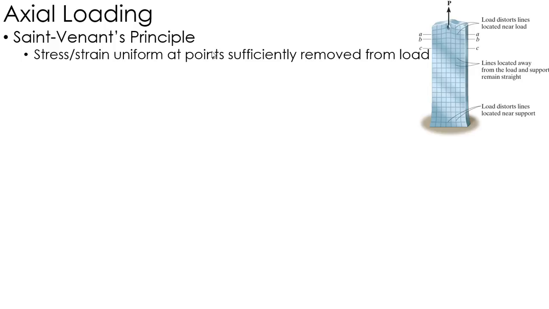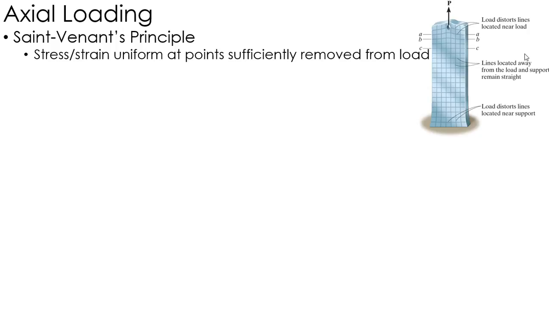We're looking at axial loading and determining how deformation works when we just have axial loading. We're going to start with Saint-Venant's principle, which essentially states that very near the point of loading, you've got lots of distortion, very non-uniform stress and strain right around the point of loading. Far away from it, you have nice uniform loading. That's really what that principle states. Pretty straightforward. You just move away from the point of loading to get nice uniform